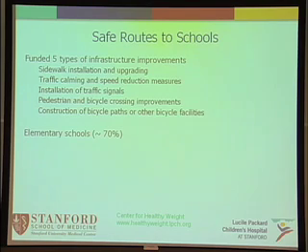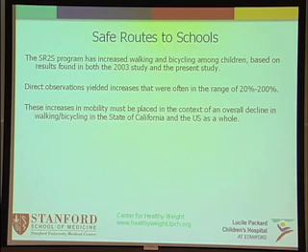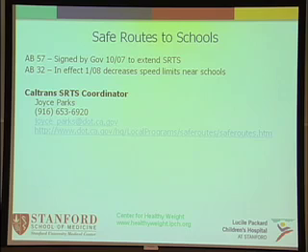Most of these end up targeting elementary schools. And this funding actually comes mostly from the federal government, through the Department of Transportation. This program has been evaluated, and it has shown that it has increased the number of kids walking where these projects have taken place. And you have to remember that the increase in the number of kids walking is against the background of fewer and fewer kids walking, so it's even more of a significant finding. Like I said, the most recent iteration was signed last October and goes into effect in January.